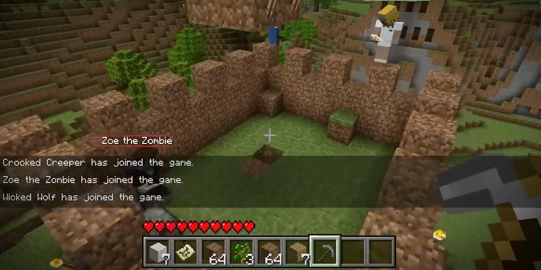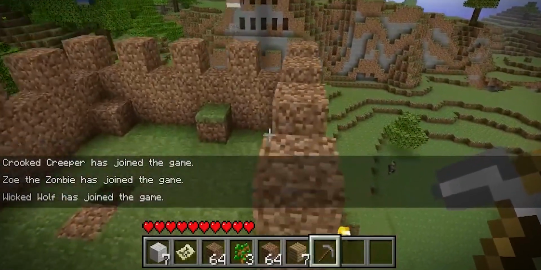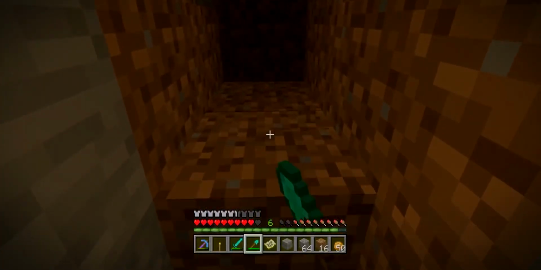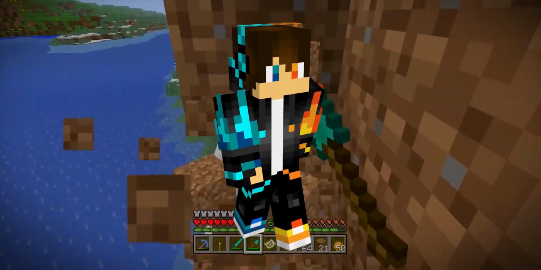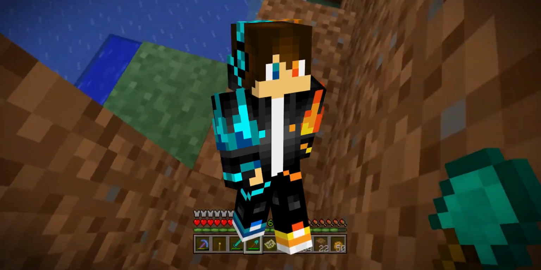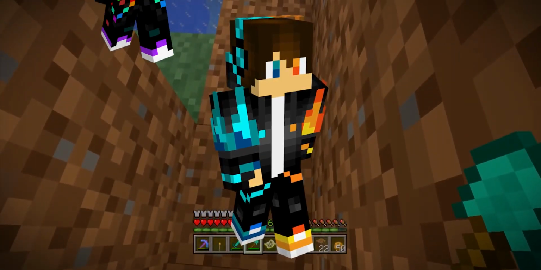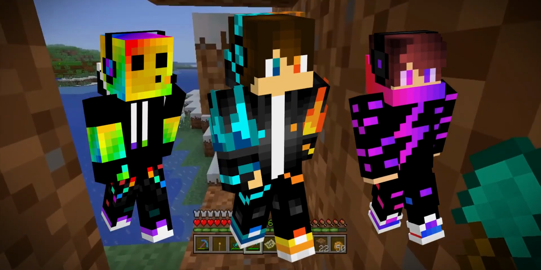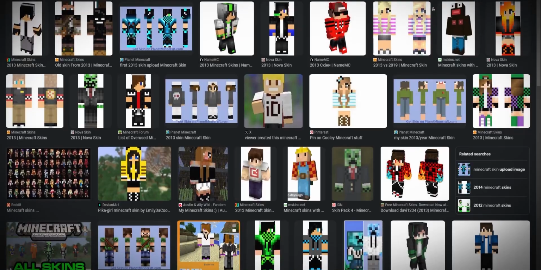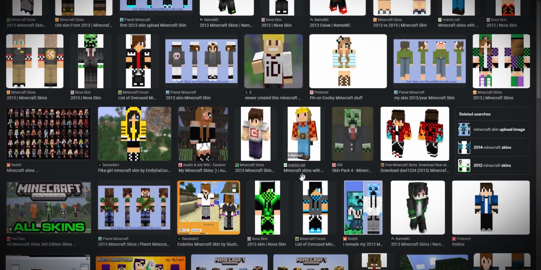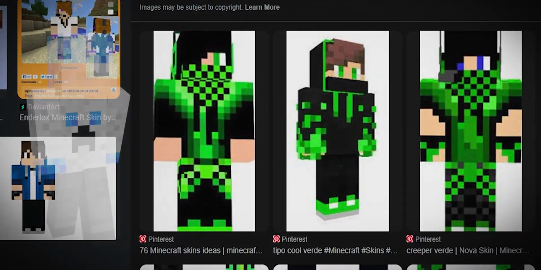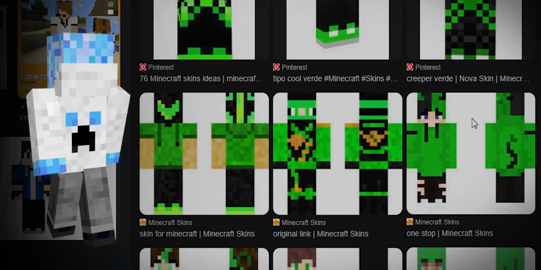But from all these types of skins, one style in particular would become the most popular of them all. It became the go-to for any 10-year-old kid who wanted to look cool when he played Minecraft. The skin was simply known as the gamer skin. The style consisted of humanoid characters, usually with eye-catching clothing and patterns like rainbows, galaxies, or even clothing brands like Nike and Adidas, as well as those skins with the checkerboard pattern bandanas that were everywhere, not to mention that almost every single skin had a creeper face on the back.